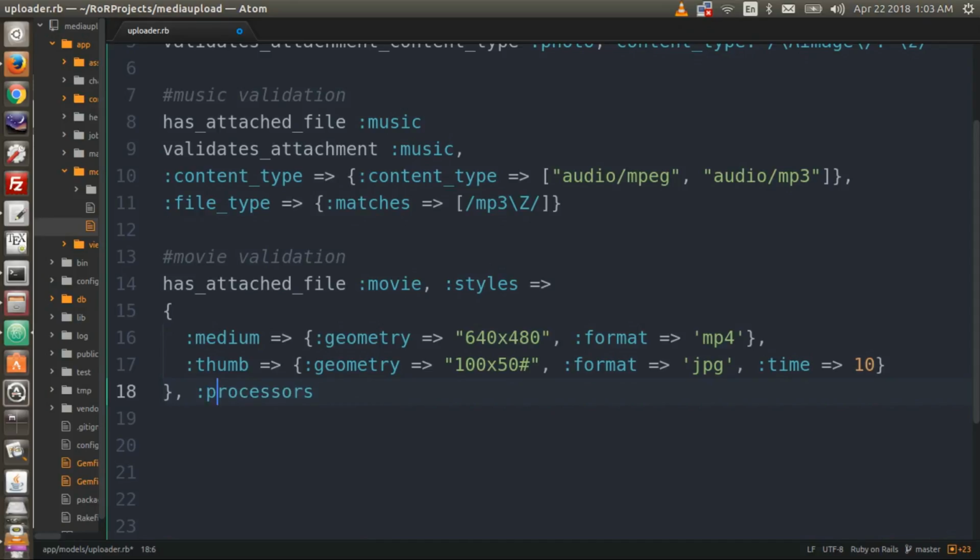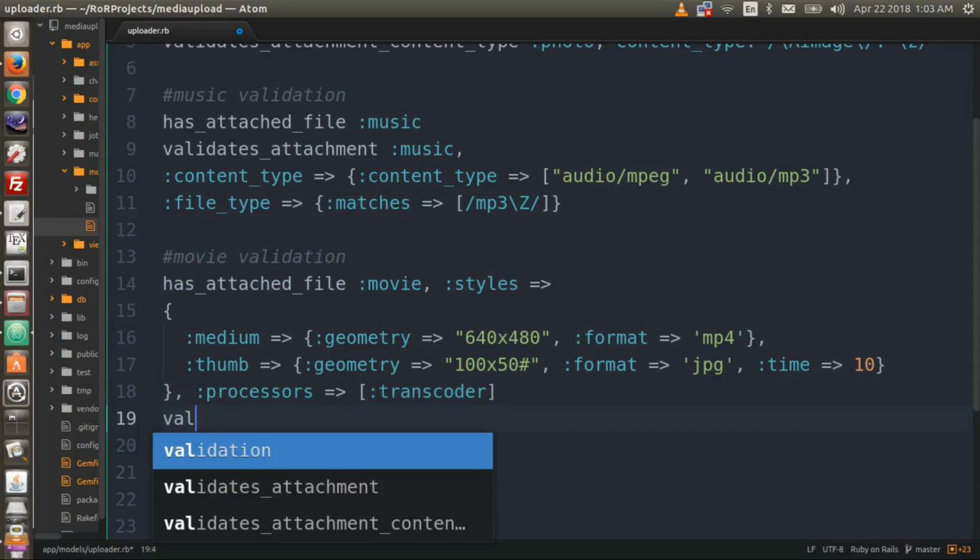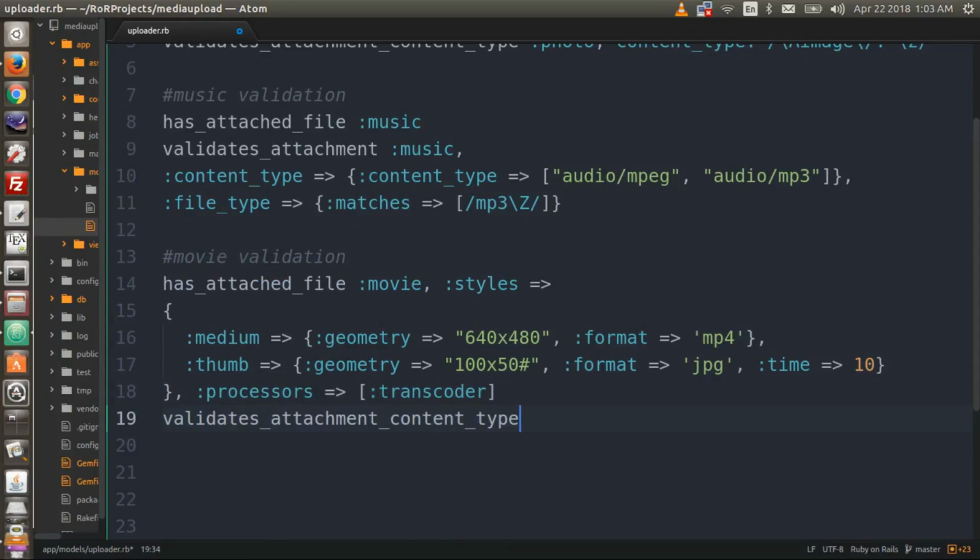And then here after the closing curly bracket type a comma and then :processor, then a hash rocket, square bracket, and type :transcoder within here. Okay, and underneath here we will do validates_attachment_content_type, and then :movie, comma, and